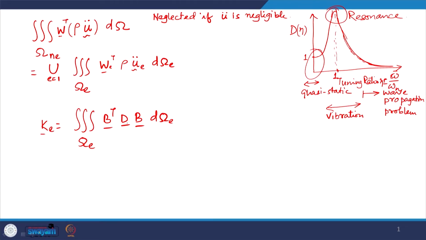The equation that we eventually get is the stiffness matrix of the element, multiplied by the nodal values of the primary variable, and this is equal to the equivalent nodal forces